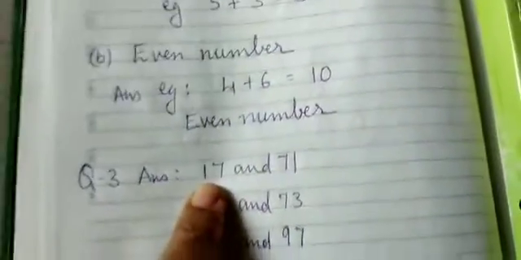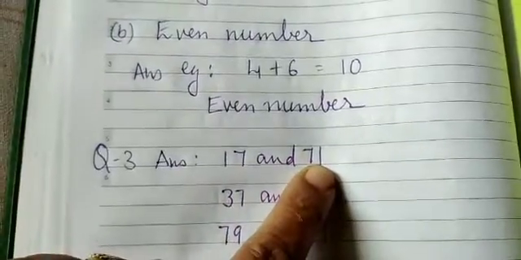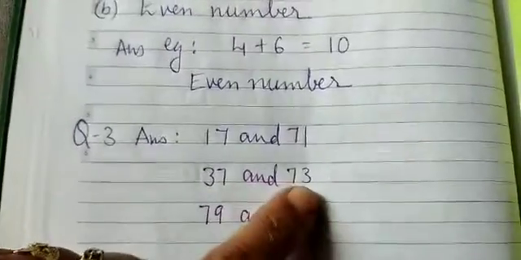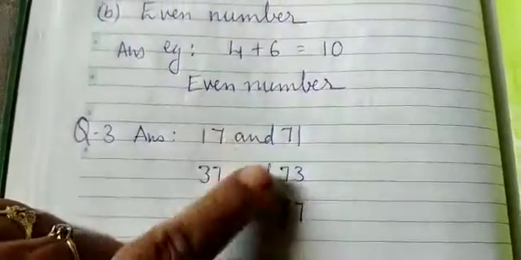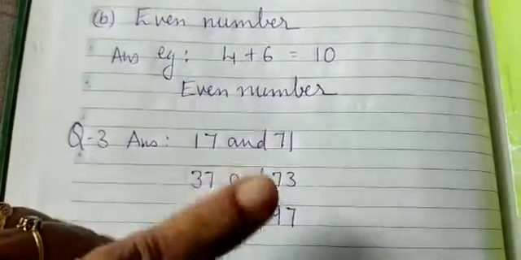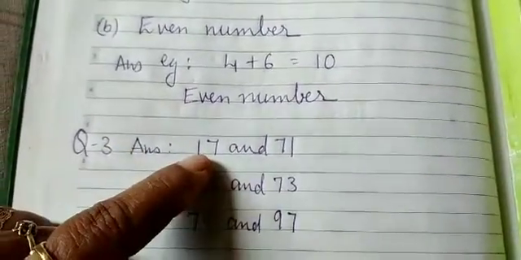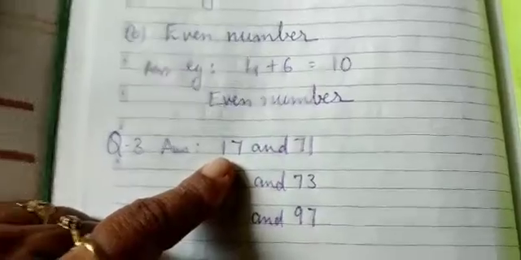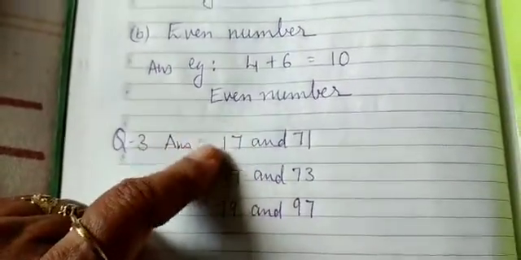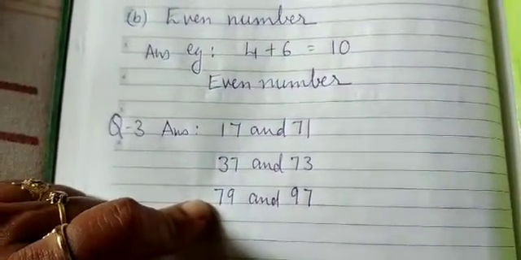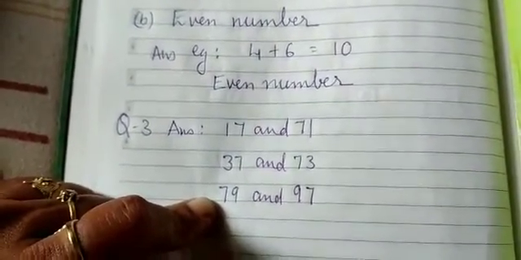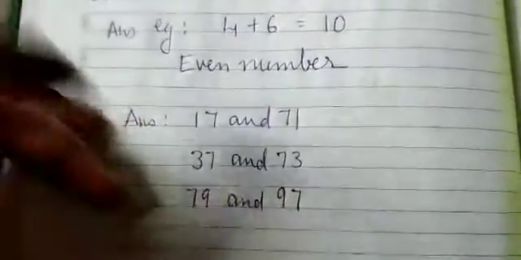And we will be answering the question like this: 17 and 71. We have also got 37 and 73, 79 and 97. If you try other prime numbers and interchange their digits, you won't get both numbers in the pair as prime numbers. So there are 3 pairs up to 100. The condition is given to you, so we have not taken the other prime number digits. Okay. Now we move on to the next question.